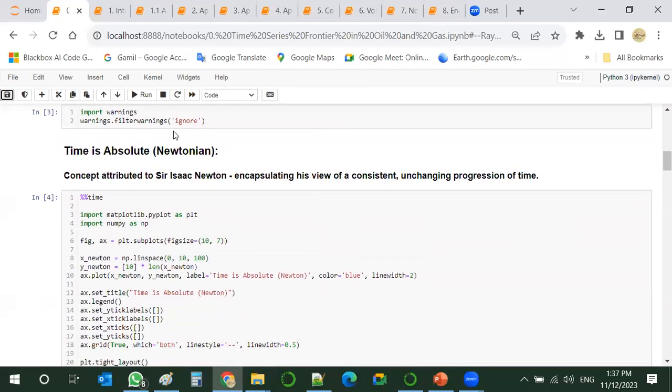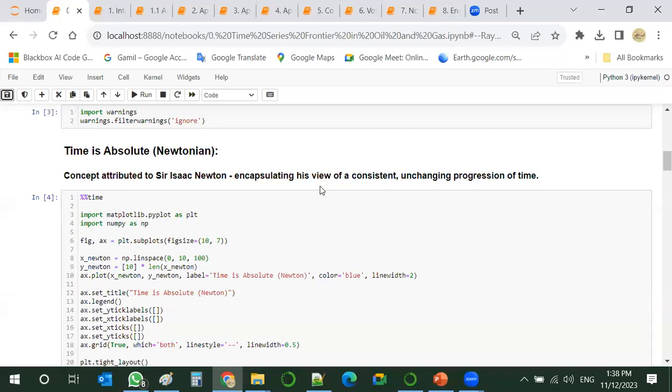So to start with, time is absolute, as Sir Isaac Newton stated in his view: a consistent, unchanging progression of time.